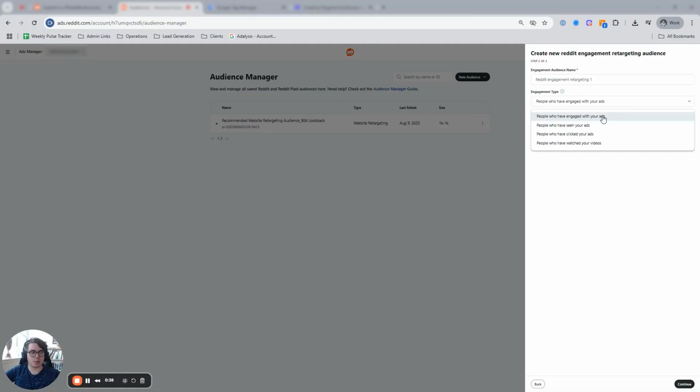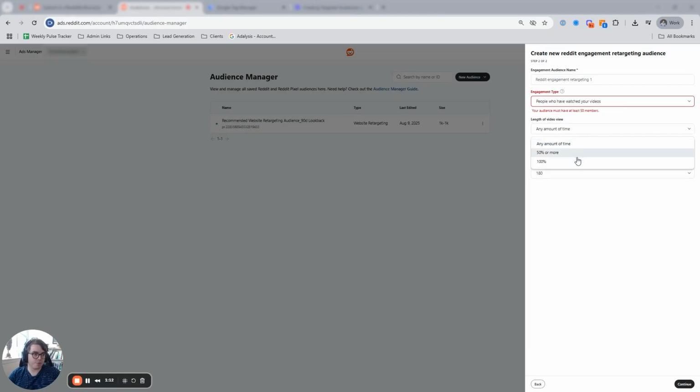I'm actually not totally sure about how clicks like clicking through to the Reddit profile or the carousel card clicks are tracked. That could either be an engagement or an ad click. I'll have to talk with our Reddit ads account rep about that. And then finally, the last form of engagement would be watching a video. You can set a percentage of the video viewed, 50% or more, or 100%. For any type of engagement audience,